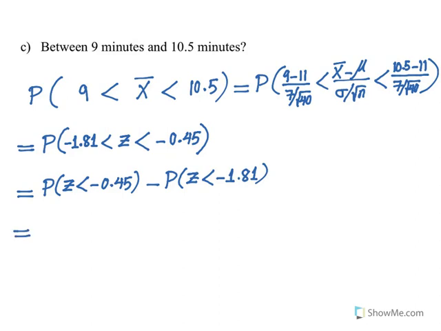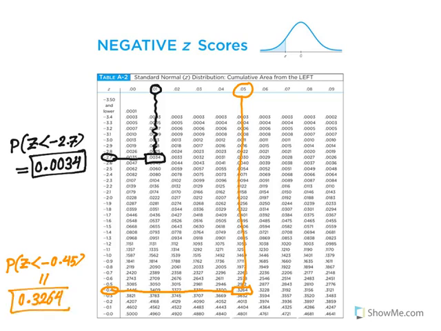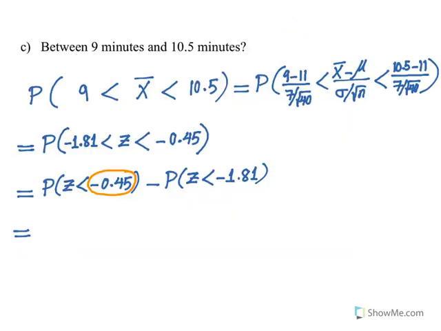And so now let's go to the z table and find this number, negative 0.45. Negative 0.4 is here, and 0.05 is here. So I just move until I reach it, which is this number here. Yes. So the probability that z is less than negative 0.45, I can see it clearly, it's 0.3264. So this is